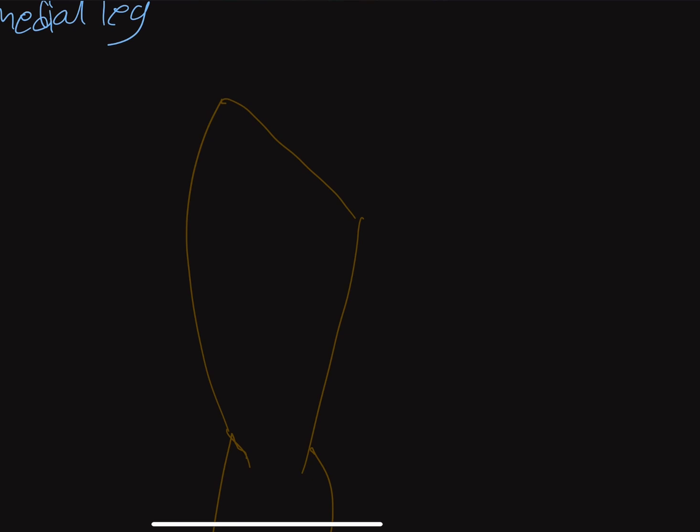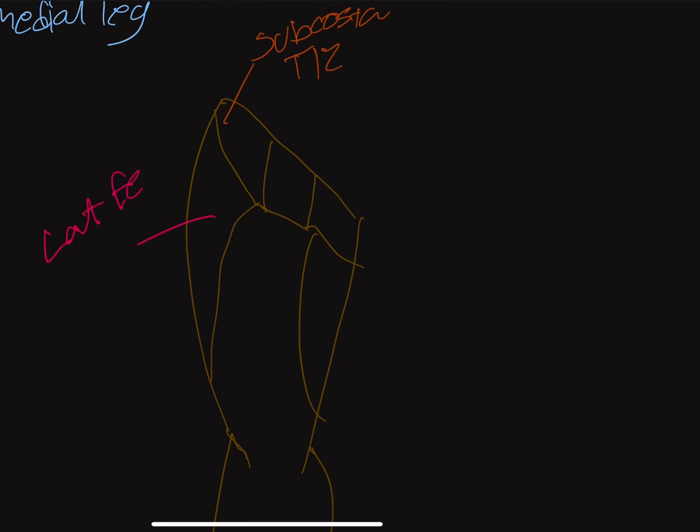Okay. So you have 3 sections here, right? Here, here, and then here. Okay. So this is going to be your genital femoral. And this is the cutaneous branches that I'm drawing, right? So we'll start with the orange. We'll start here. That's your subcostal cutaneous branches, right? And that's going to be your T12. This lateral one is going to be your lateral femoral cutaneous branch, right? This middle one is going to be your genital femoral